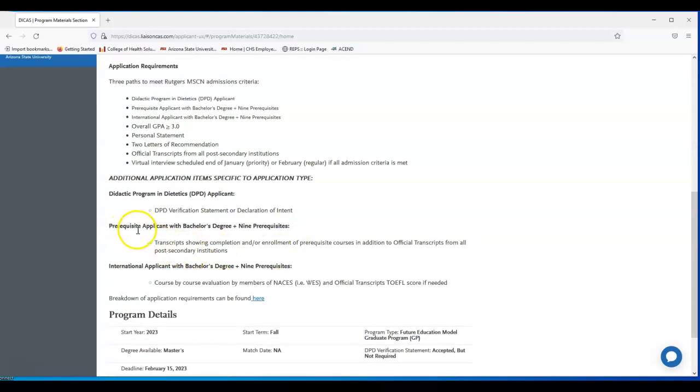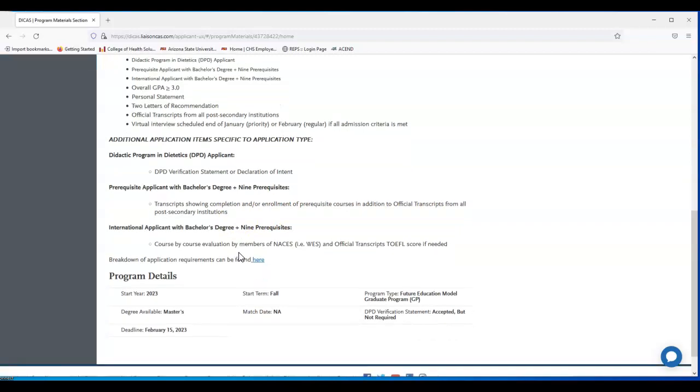If you are coming as a prerequisite applicant with a bachelor's degree and the 9 prerequisite courses, you have to include your transcript showing all of those prereqs are completed, in addition to official transcripts from your institutions. And then same kind of thing if you're an international applicant with the bachelor's degree and the 9 prereqs.